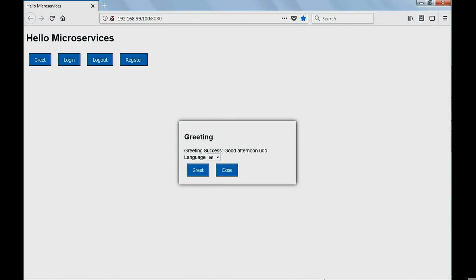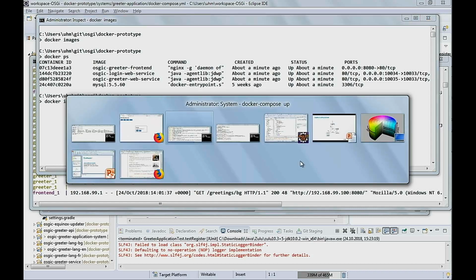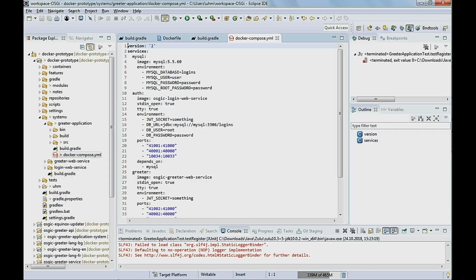This would be the English greeting, the international one. Okay, so far so good. Now it's even managed to show me the Docker processes that are running. Can I look at the images? Don't know why it was waiting so long. Probably it was doing this 30-second timeout to find something on the internet. And I'm offline. Okay, so this kind of proves at least that I can build something which is not completely